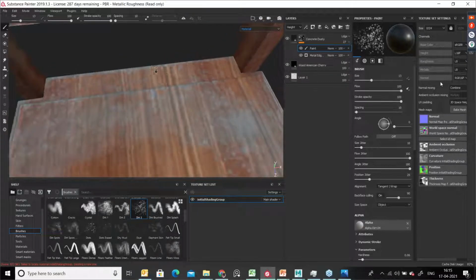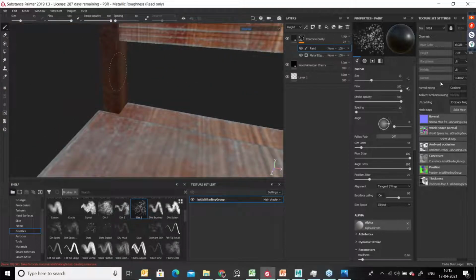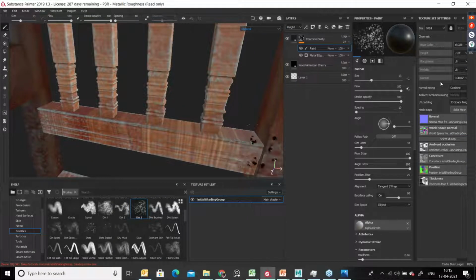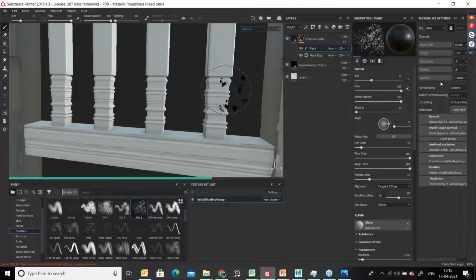Some area you can do a little more, some area you can do. Okay. Just press X, add dot map, press X again to remove dot map, right? And in this area, how the texture will be in 4K. So you want to see that, you can just have a look. Just switch over to texture set settings, switch over to 4K and see the output. Right. See, it's loading now.